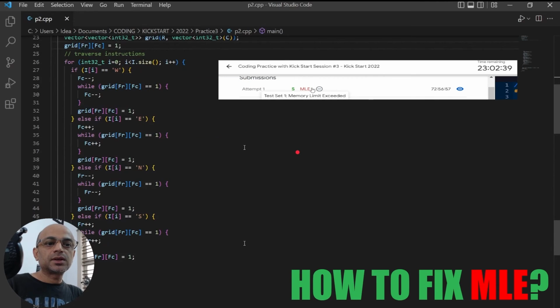That means there is some issue with how we are using the memory. So indirectly it's saying that we are using a lot more memory than the limit that was given to this problem. So can you pause and think what was the issue with this code?